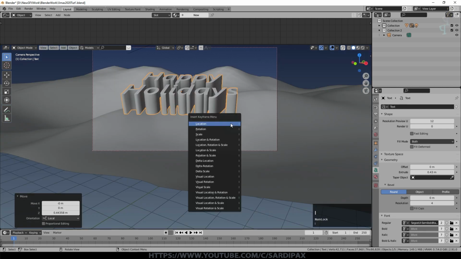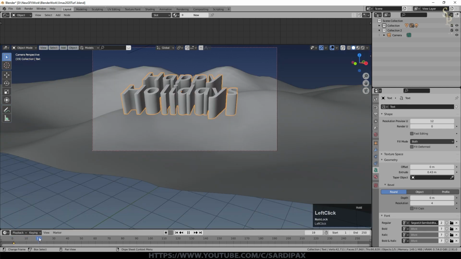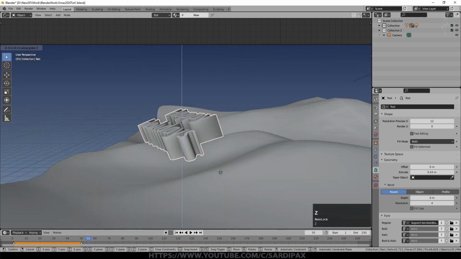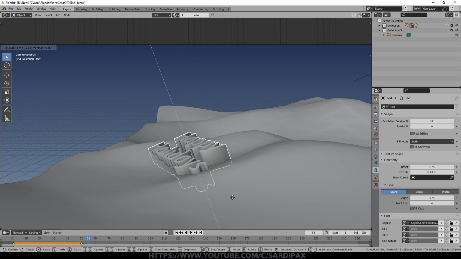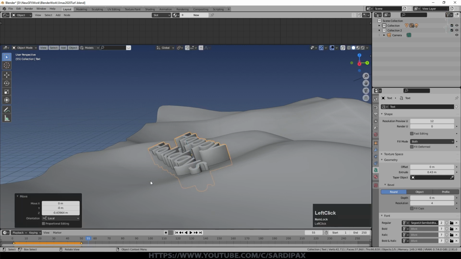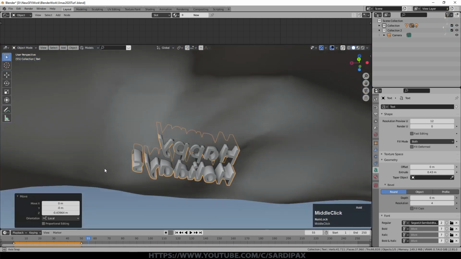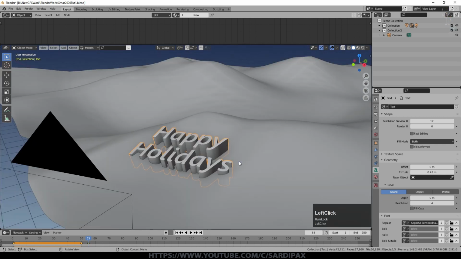And I'm going to press I and store the location. I'm going to come up to say frame 50 and press I and store the location again. So it's going to do nothing. And then over the course of perhaps 5 frames, up to frame 55, G, Z, Z, and we'll bring it down so that it impinges with the ground. And make sure that it's all gone through the ground. It has. So I, location again.